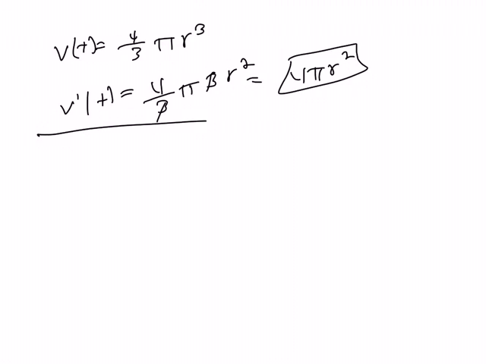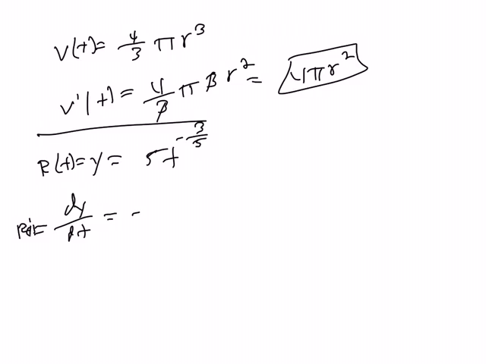Next problem is problem 10, r of t, let's make this equal to y, is equal to 5t to the negative 3 over 5, right? So the change in y over the change in t, which is equal to r prime of t, is equal to negative 3 over 5 times 5, right? This comes down, and then we get negative 3 over 5 minus 1 for the exponent, right? So we get times t to the negative 3 over 5 minus 1, and this is equal to negative 3